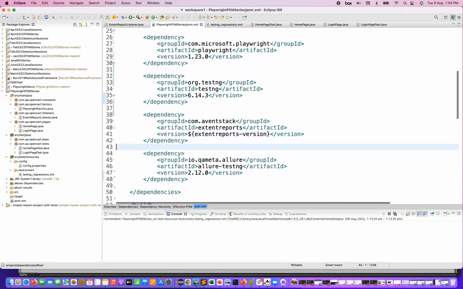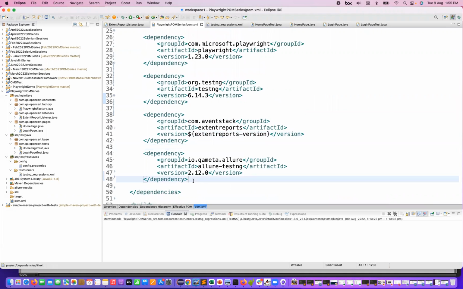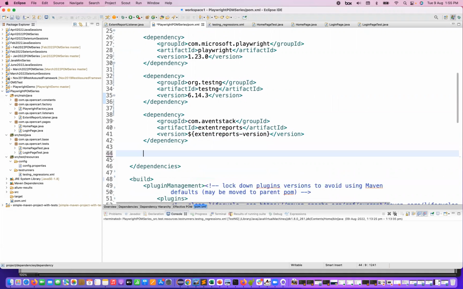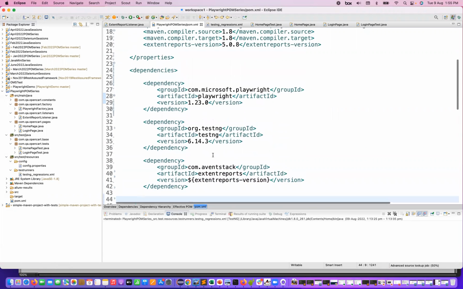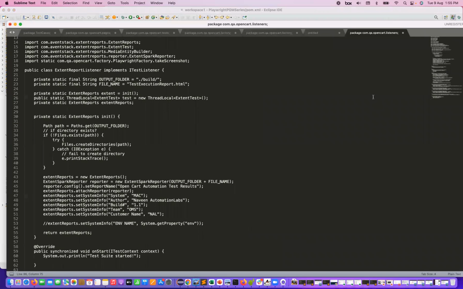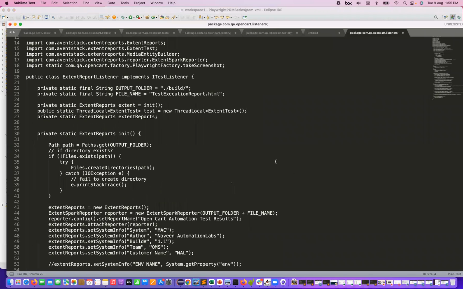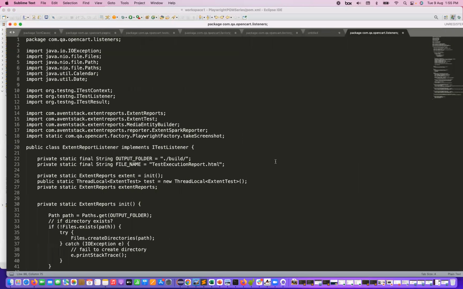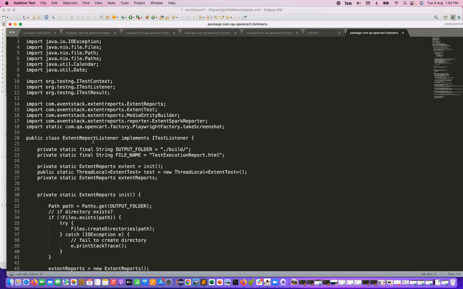Okay, that is fine. LR report also we will see in the next chapter. So meanwhile, I'm just going to remove it from here. That's it. After that, what you have to do, you have to add a listener over here. So one listener that I'm already having. See, this is the listener template that I have already created. It's not mandatory to learn about each and everything about this listener. I'll just copy paste this listener, and here you can see that